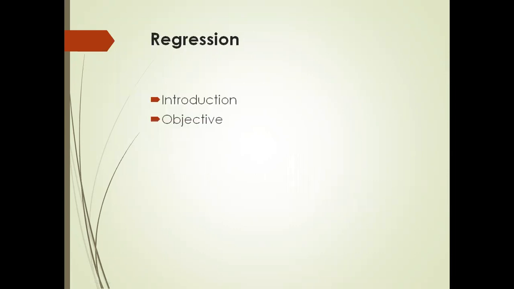So we'll see the first concept, that is regression introduction. How can we define regression? Regression is a well-known statistical technique to model the predictive relationship between several independent variables and one dependent variable. So it is a relationship between what? Several independent variables and one dependent variable. So what are these dependent and independent variables? These two variables we can see with an example in further topics.